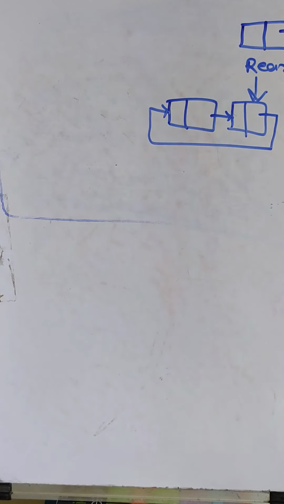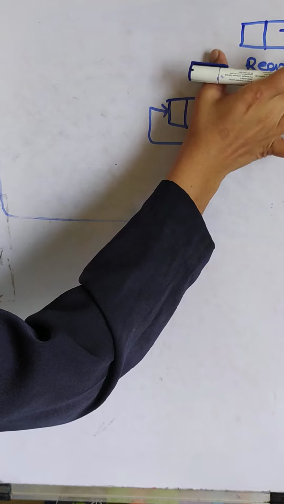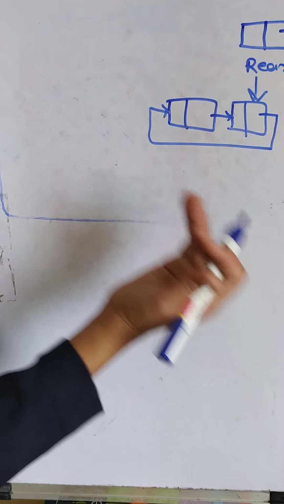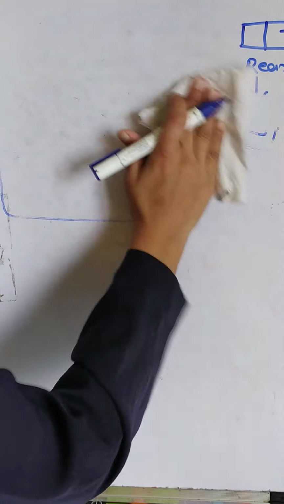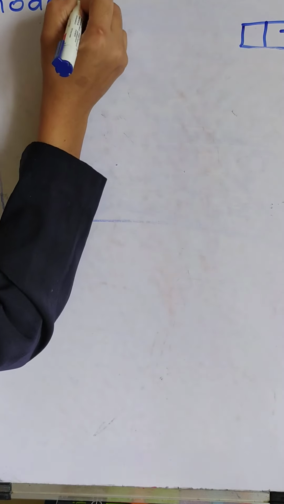Let's create a singly circular linked list. Let's see the coding for how to create this. First we need to represent the node. First write the node structure for this: typedef struct node, and now we are using the pointer rear. In the previous session we learned the singly linked list, and in that we used the pointer next. Now here we are using rear, and one data field. Now let's see the coding for this. So here we are writing node pointer create.